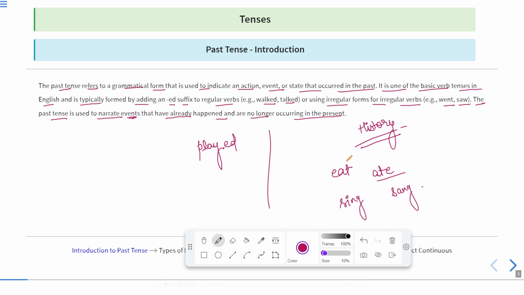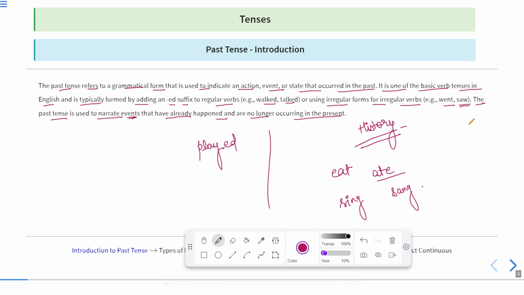But if we talk about the second or the past form, that is also called the past form, not the past participle. There we use some irregular verbs as well as the regular verbs. Regular verbs generally add ed as the suffix. But there are some irregular verbs which change according to some spelling forms. Okay, for example, go, went, gone. So went will be the second form of the verb.